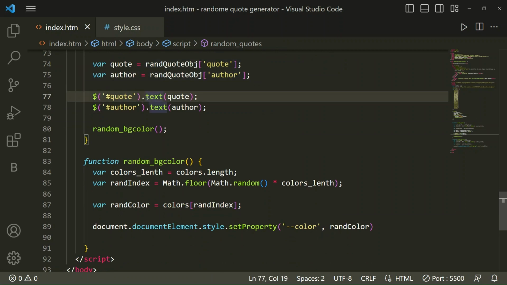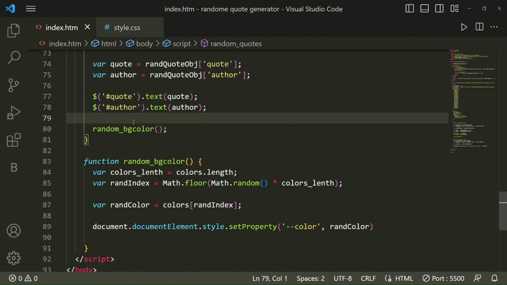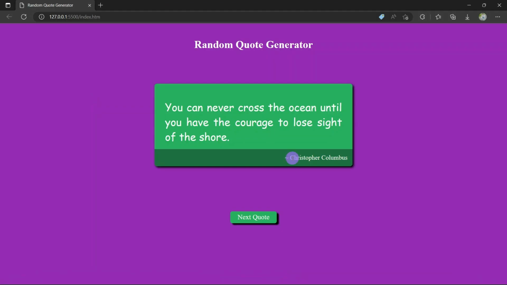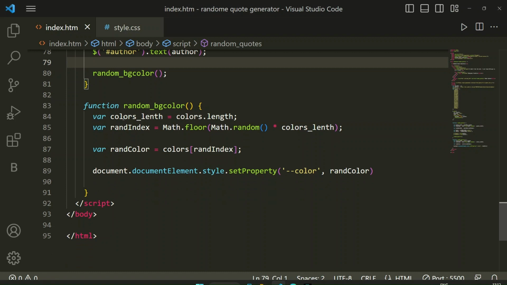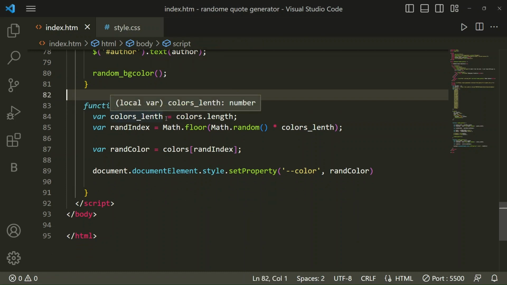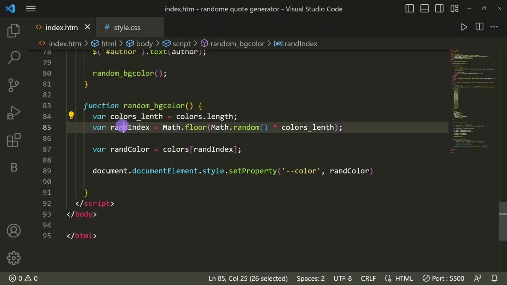For the code, this is the id, we are calling text.code, and for the author we are calling text.author, so that it will show the author name down in the div and here the code. Then we have taken a random background color for this random code generator. For that we have taken colors.length and random index.